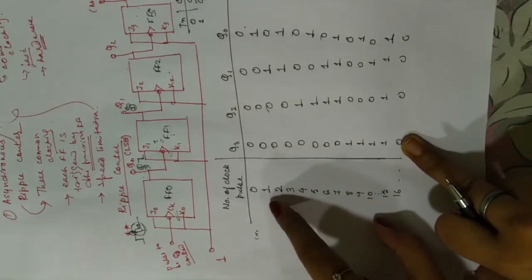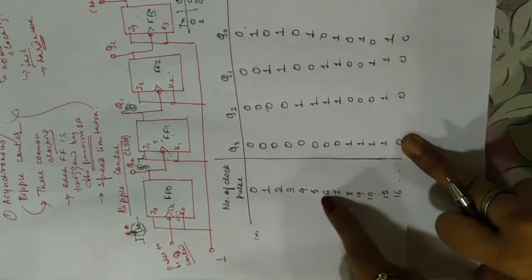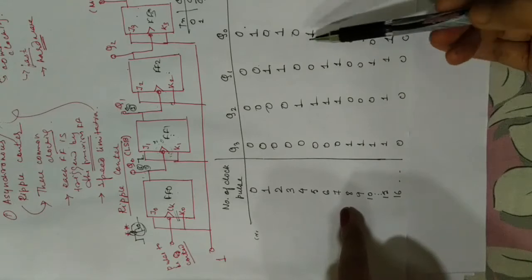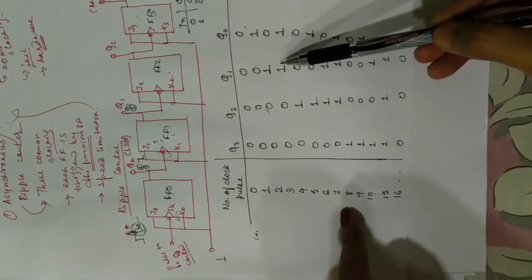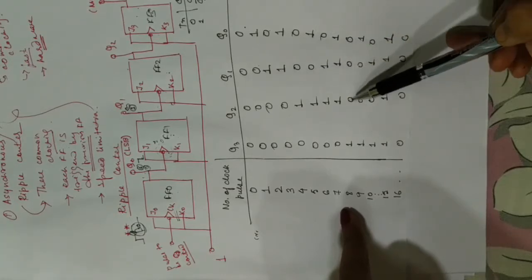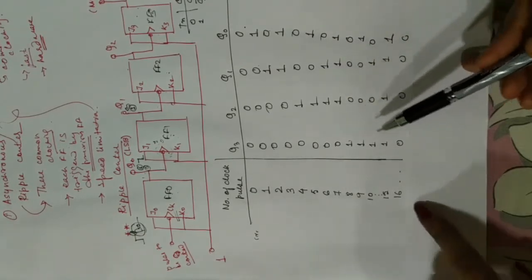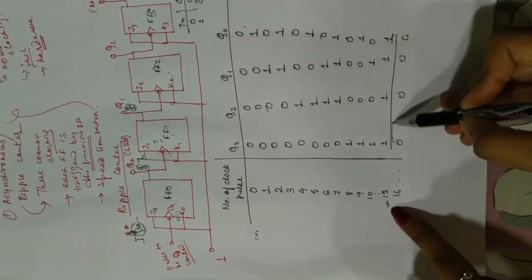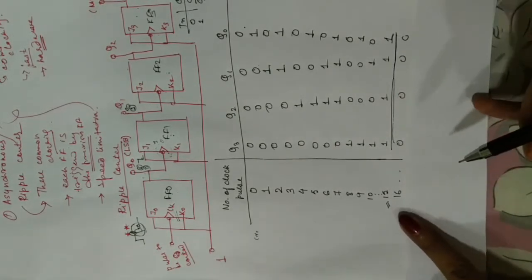So all we are getting is the binary output of the number of clock pulses, right? In all states, you will see the previous state has only changed state when the previous flip-flop has changed from 1 to 0, right? 1 to 0, and see this has changed state. So finally what happens in the 15th clock pulse, this is our output, right? The binary of 15 looks like this.